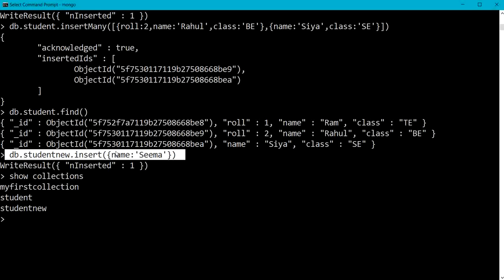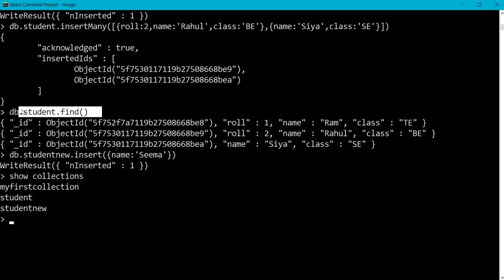Now, we have already used the find method to retrieve the documents from the collection, which is similar to select star from table.